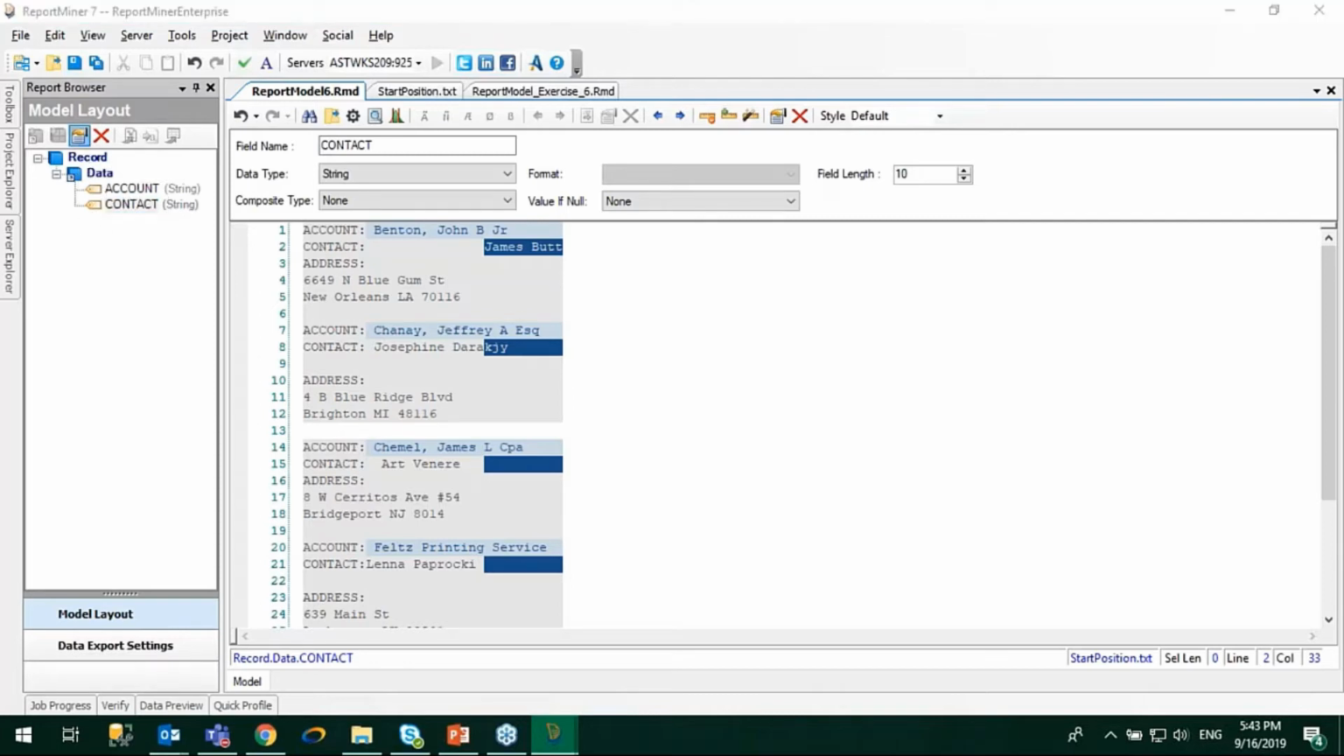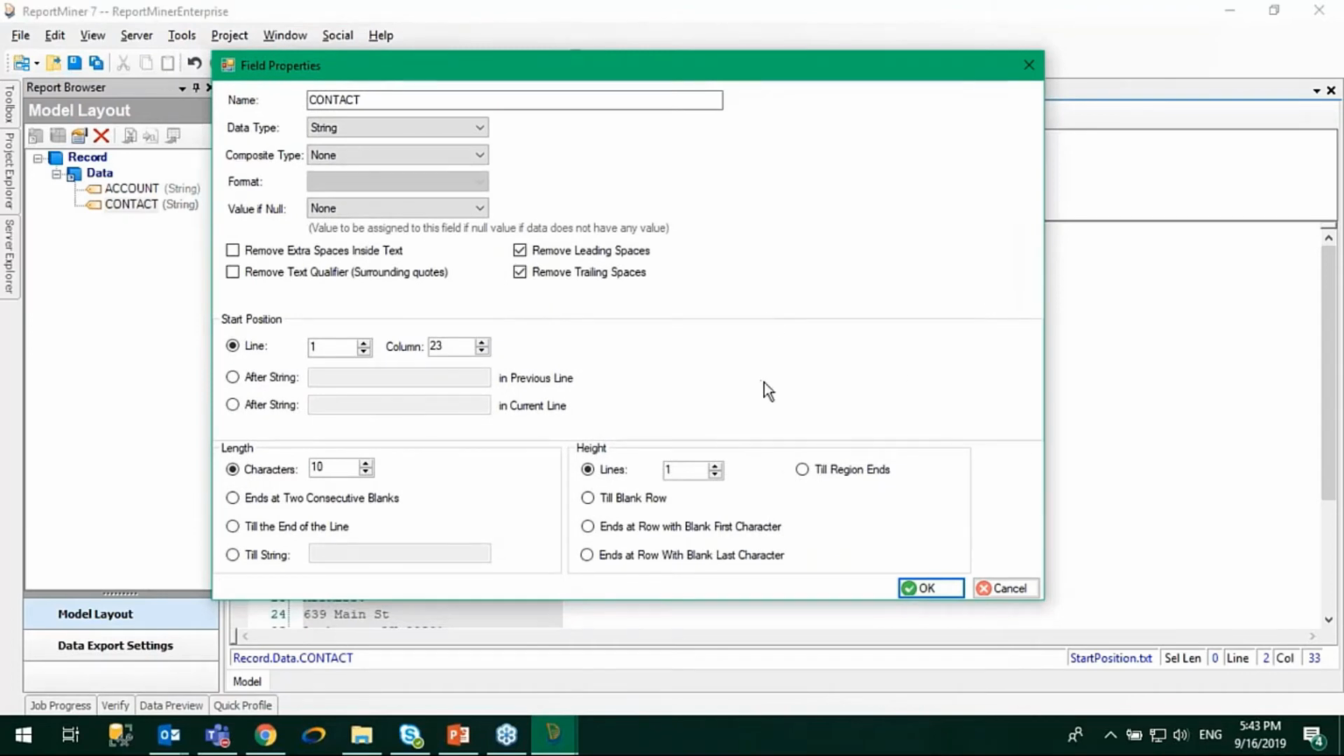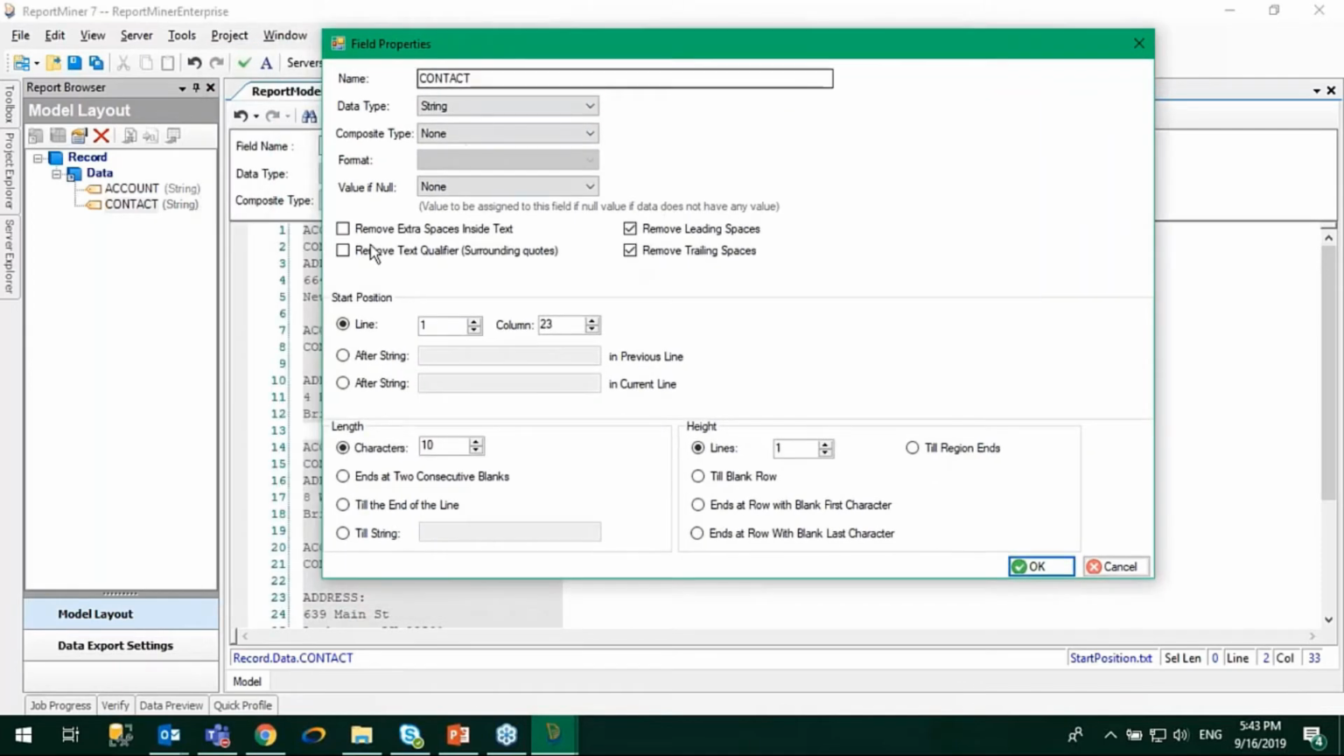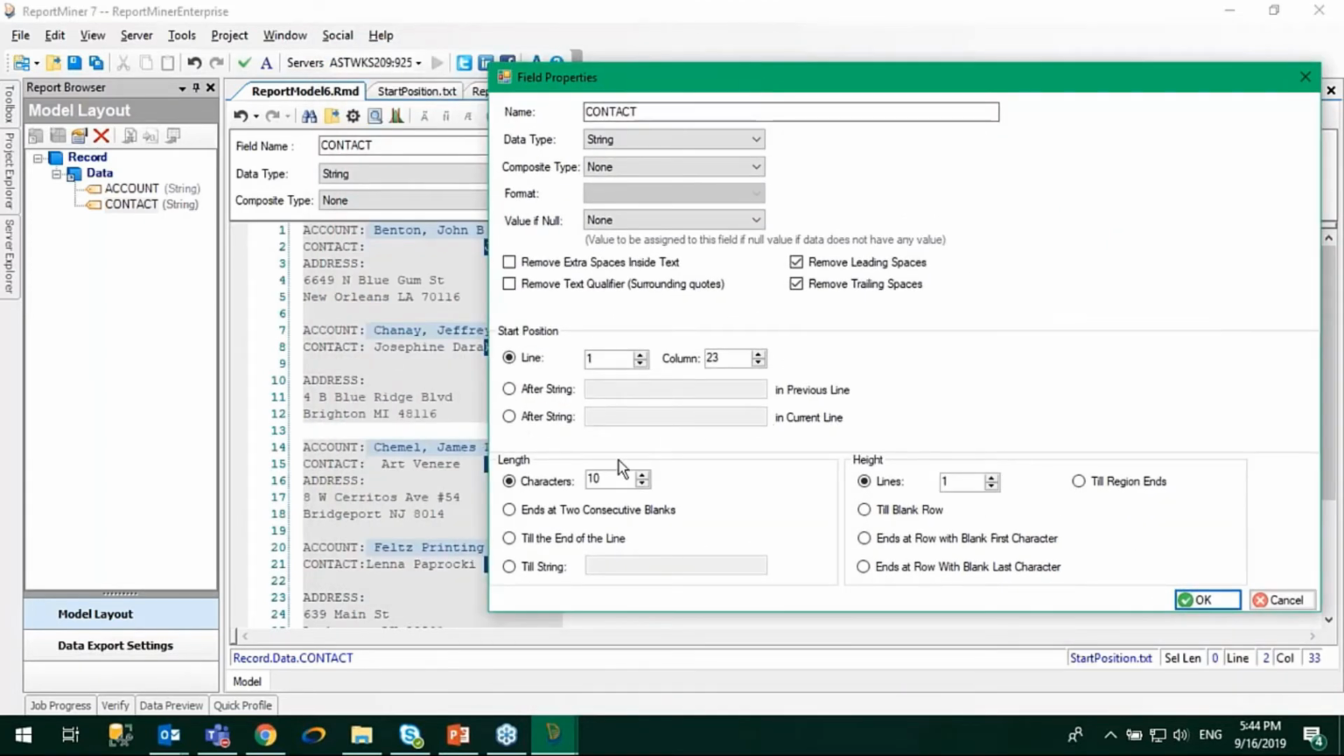Let's click on this button, and these are all the advanced properties that we allow for defining a field. You can define the start position of your field in different manners. You can define the length of that field in different manners, and if your field covers more than one line as a height, you can define that here as well. For this case, we know that our data starts after the keyword contact colon, and it is in the same line. So we can use the option after the string in current line, and here I can write my keyword,